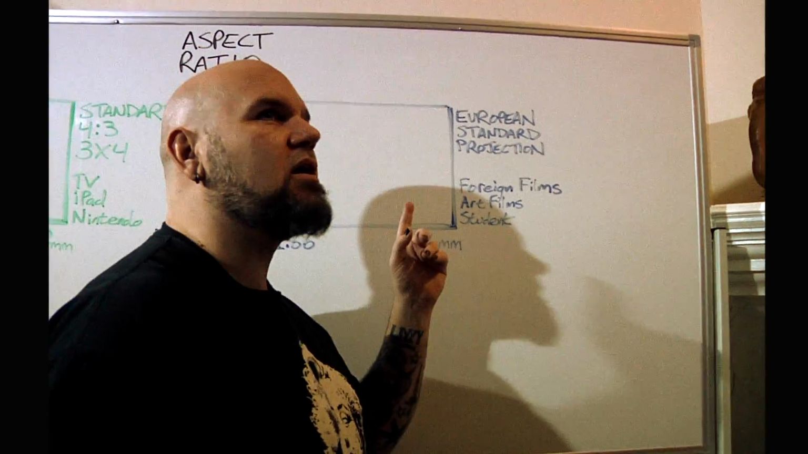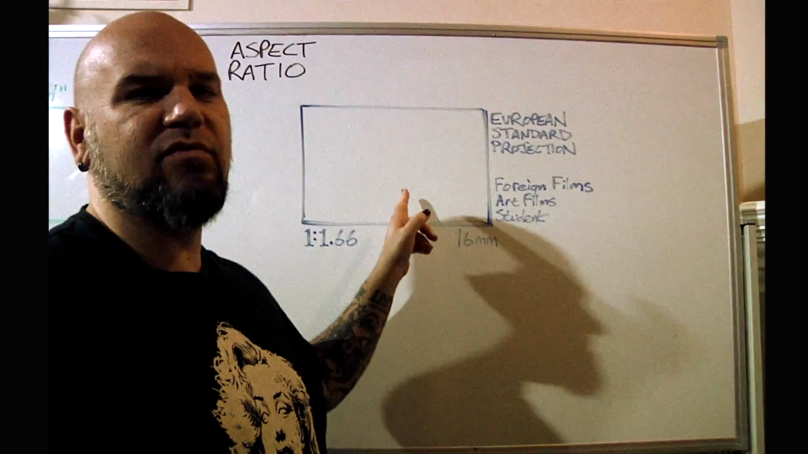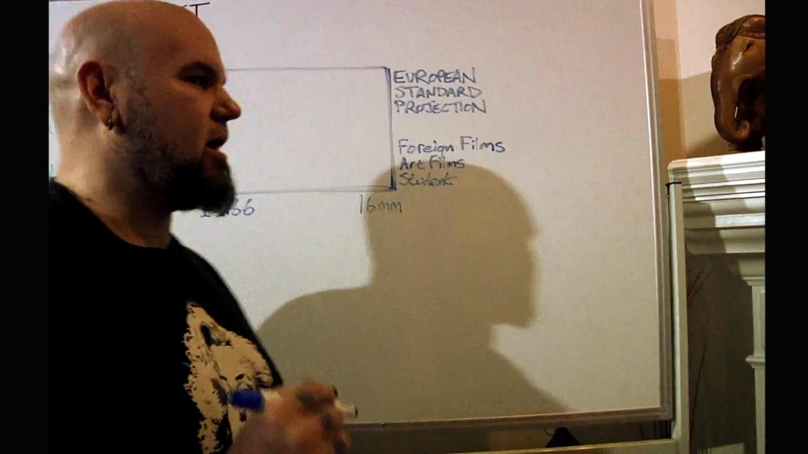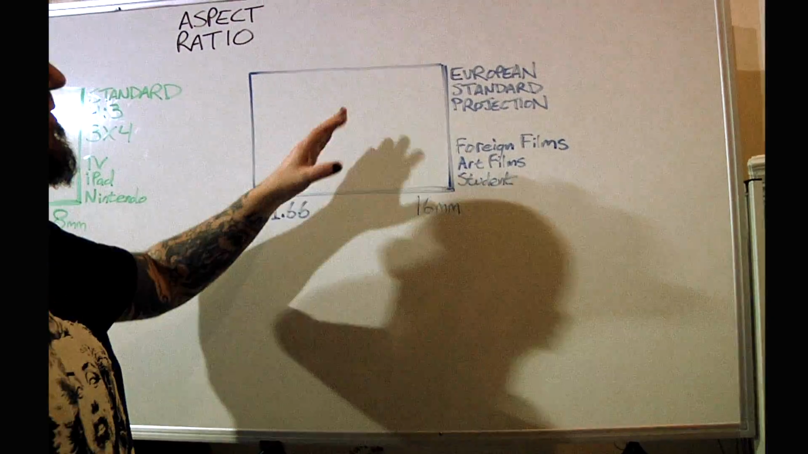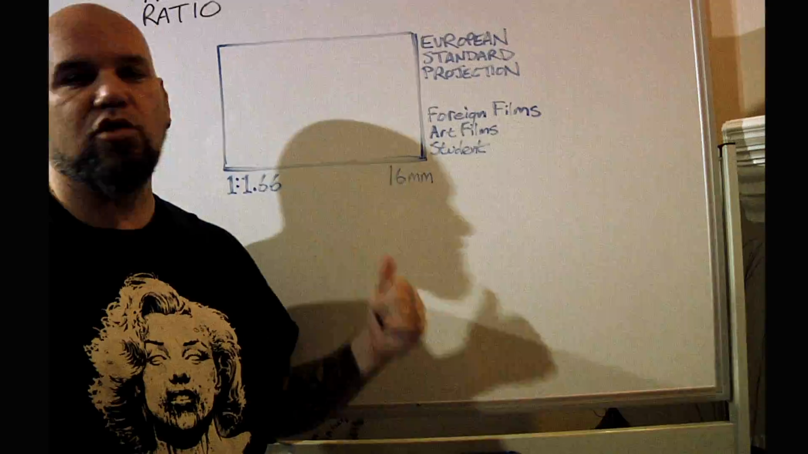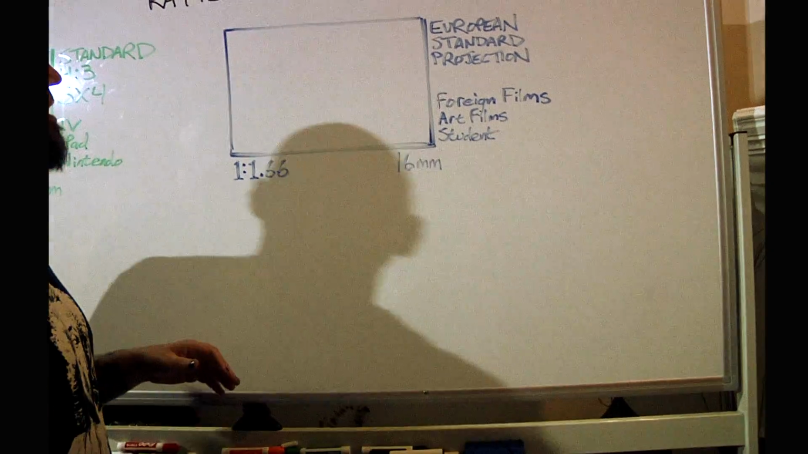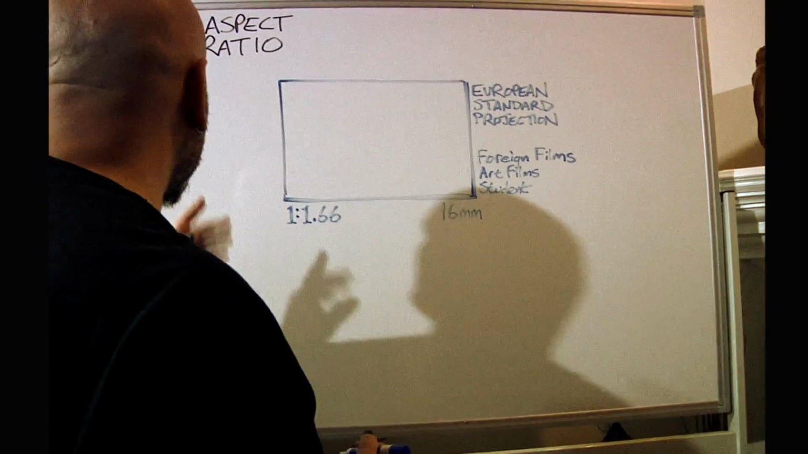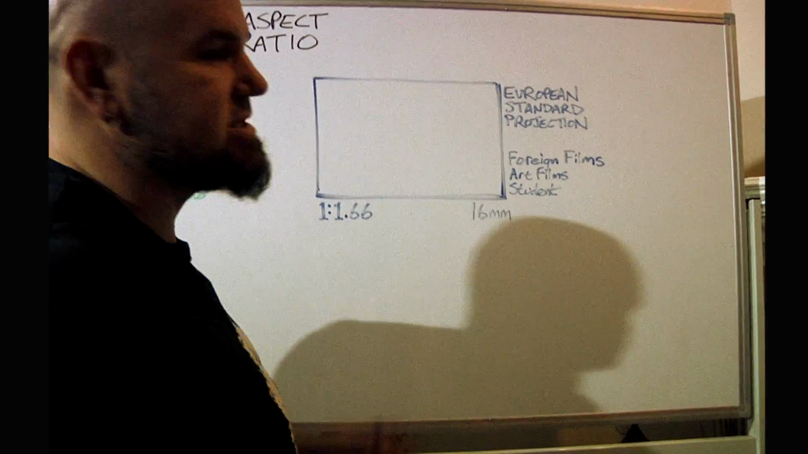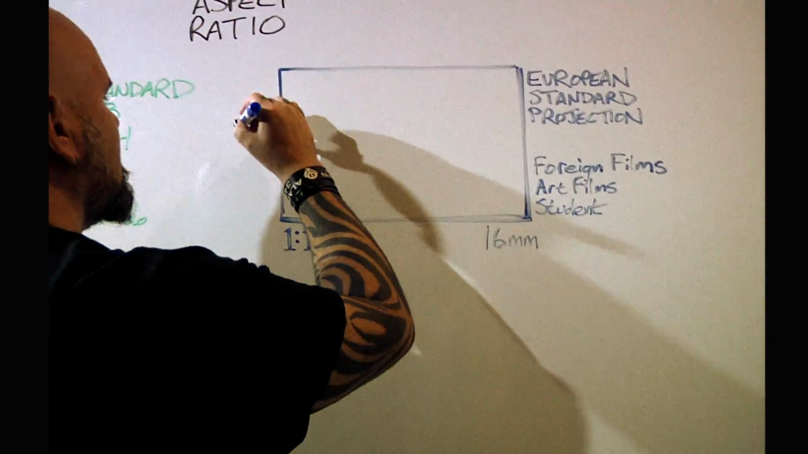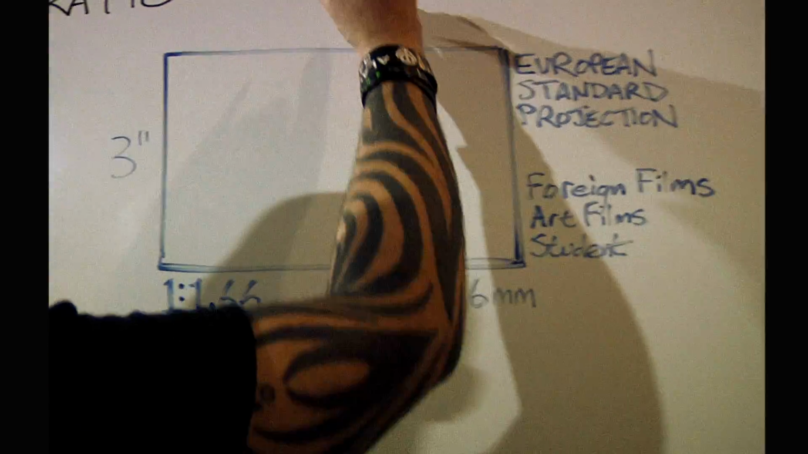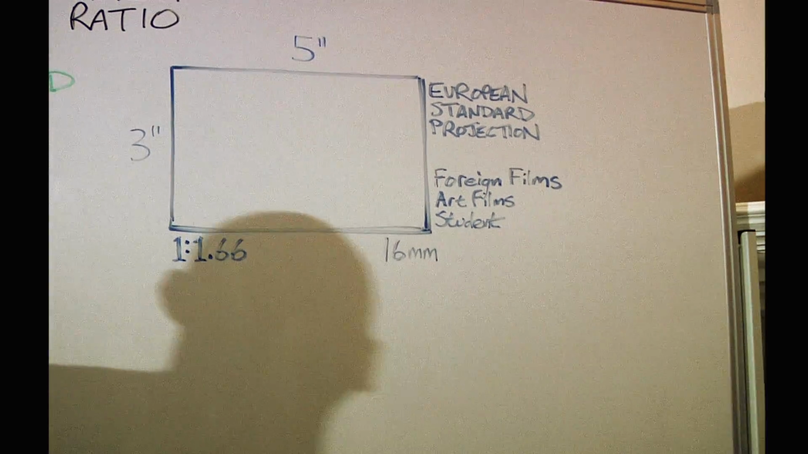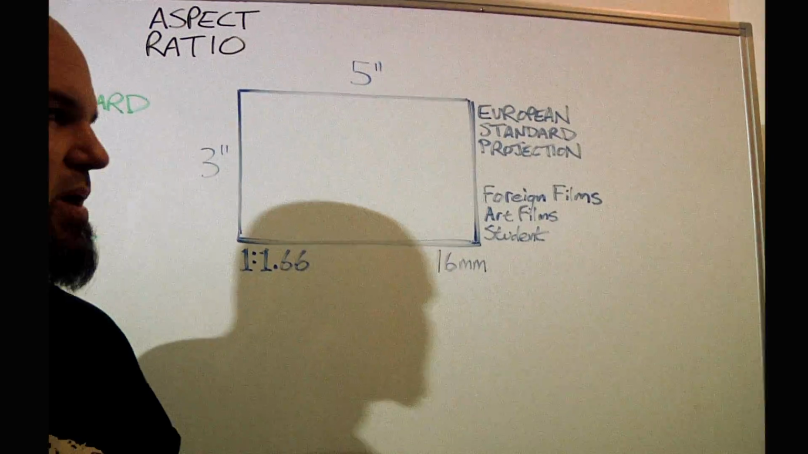You'll also, I think up until recently, even iPhones were this aspect ratio, I believe up until the 4. And then it switched after that. But if you ever, for some reason, need to create something in European Standard Projection, I think some laptops are also this aspect ratio, but again, it's constantly changing. But if you do need to create storyboards in this aspect ratio, it's 3 inches tall by 5 inches wide, and that will give you 1:1.66 aspect